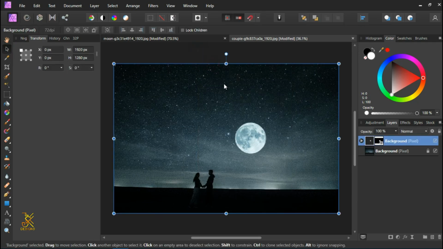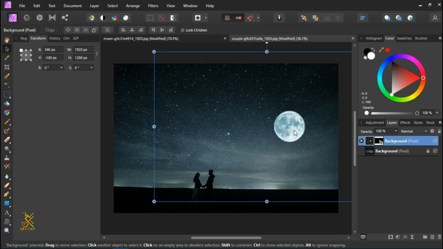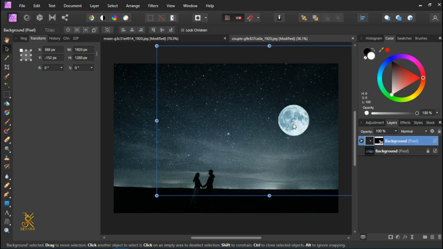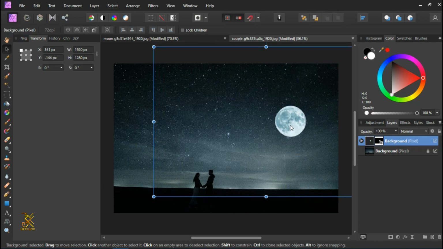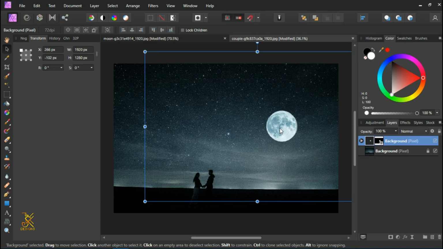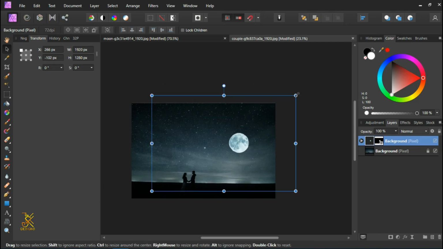Now you see our moon is being applied or added to this picture of ours, and using the move tool you can drag and move the moon anywhere in the picture. You can resize it by still using this move tool of ours. So for this case I'm going to somehow resize it, just like that, put it there,